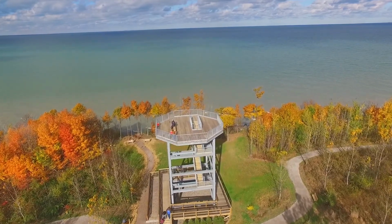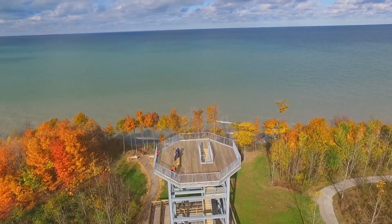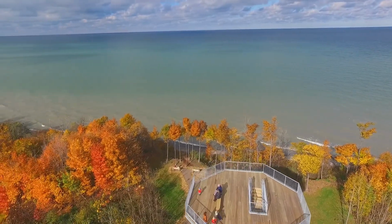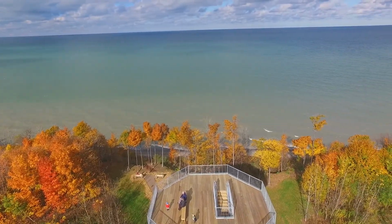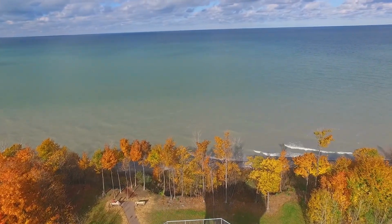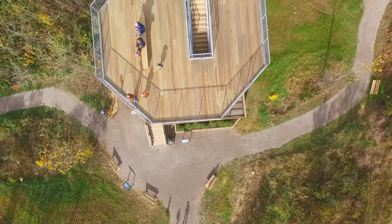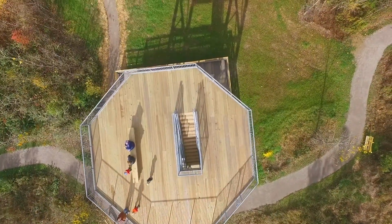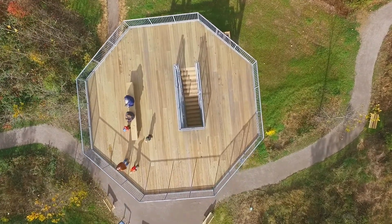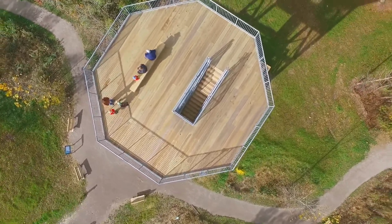The new 50-foot-tall coastal observation tower at Lake Erie Bluffs is situated overlooking the lakeshore with multiple viewing platforms along a staircase that culminates in a deck featuring 360-degree views. The height and location of the tower provides visitors with a unique view of the lake and the surrounding woods, fields, wetlands, and a variety of wildlife, particularly a large number of bald eagles that are regularly seen at the